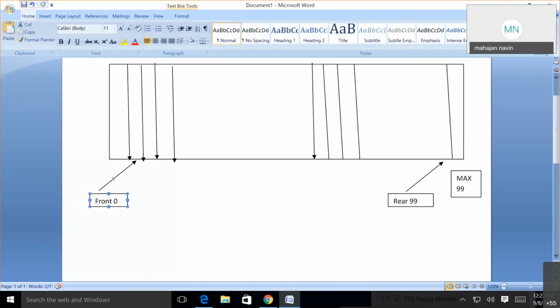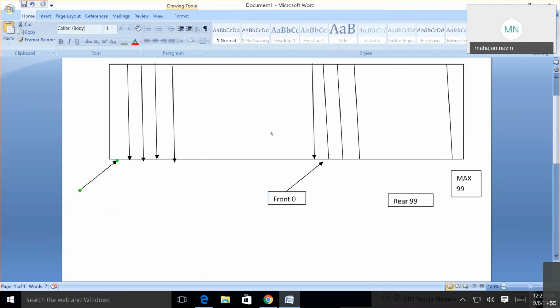When a circular queue is implemented, suppose after inserting some elements, 40 elements are removed, and my rear is pointing at the 99th position. Still, if I want to insert, then rear should come here, since we have spaces here. So all these spaces will be used again. Rear was 99. Now rear becomes 0.